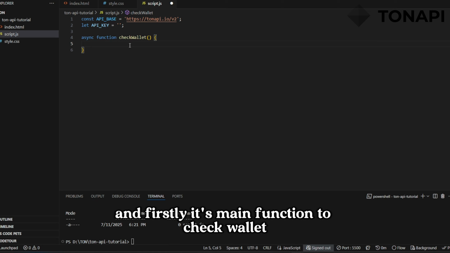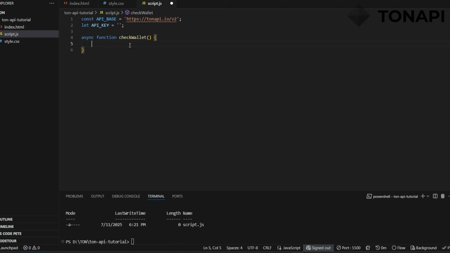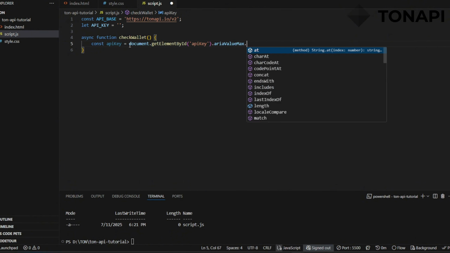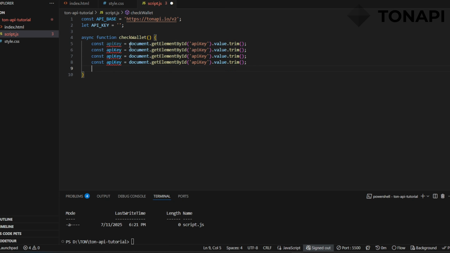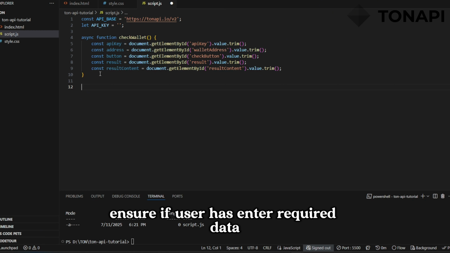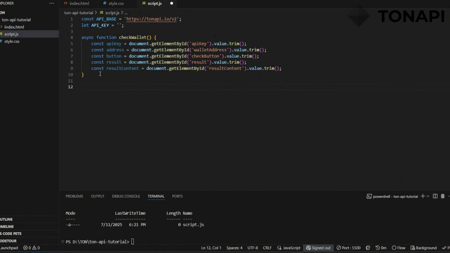Firstly, the main function to check the wallet. Step 1, input validation. It's critical for UX. So we create the accounts API key. After that, we validate input, ensuring a user has entered the required data, and we use an if condition. Let's get it. If